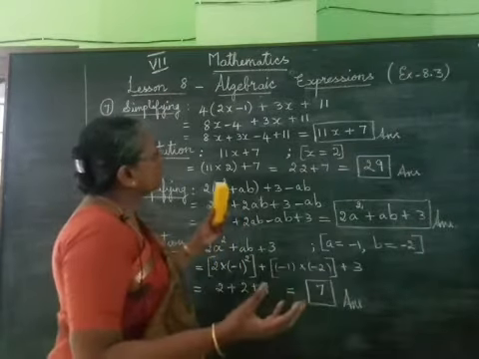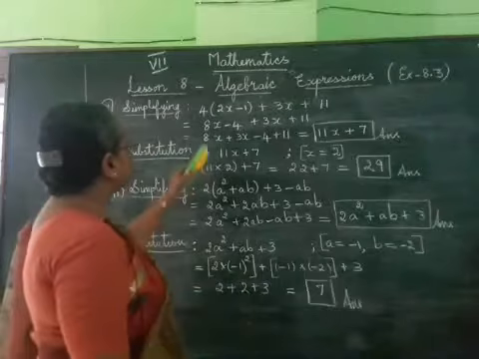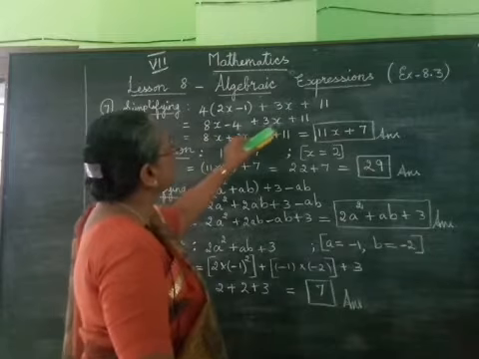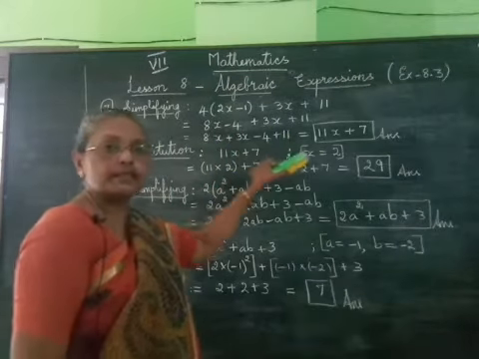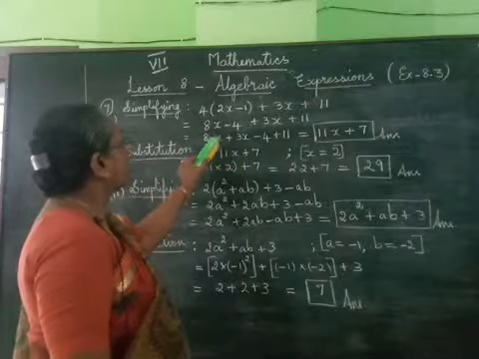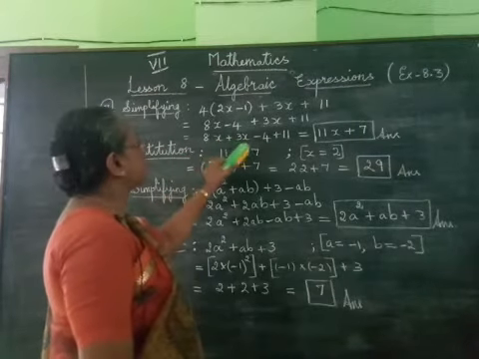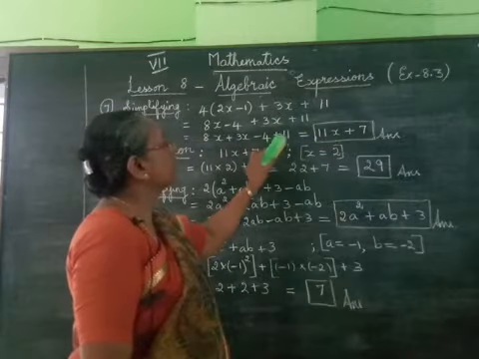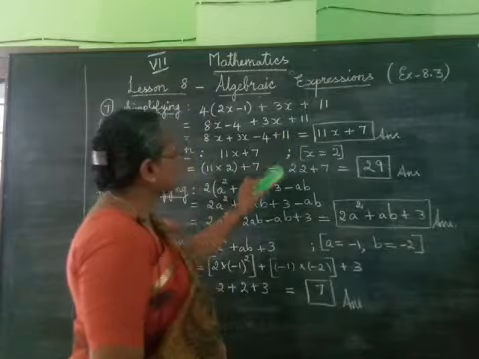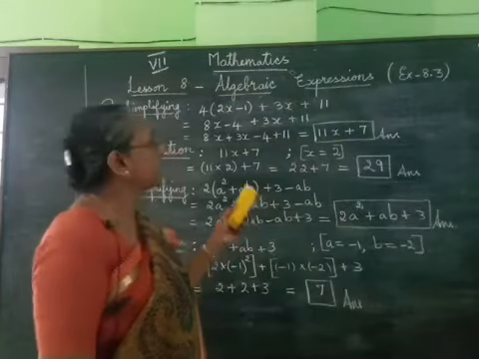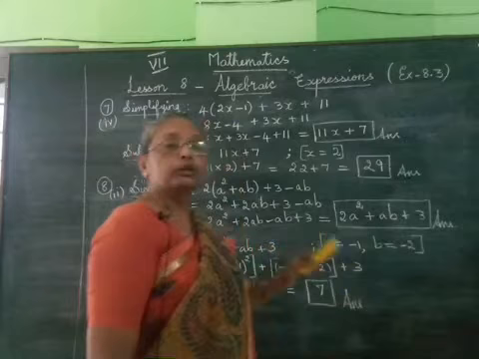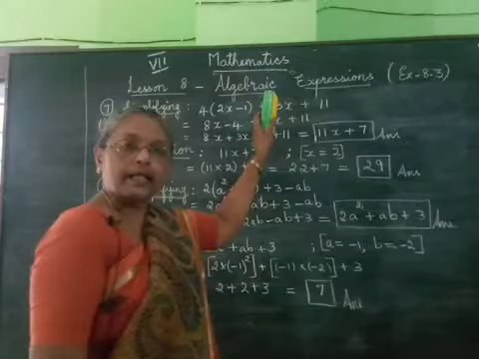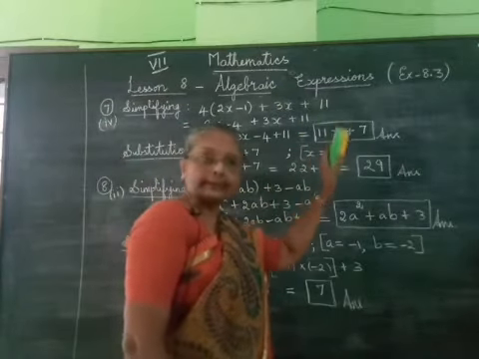Now, as we learnt in the earlier exercise 8.2, we will put the like terms together. So, 8x plus 3x we will put together. Then minus 4 plus 11, they are constant terms, they will be put together. And 8x plus 3x, when we add them, we will get 11x. So, 11x and minus 4 and plus 11, when we find the value, it is subtract and put greater number sign, therefore we get plus 7. So, this will be the simplified form of the given expression. So, this is the first answer.